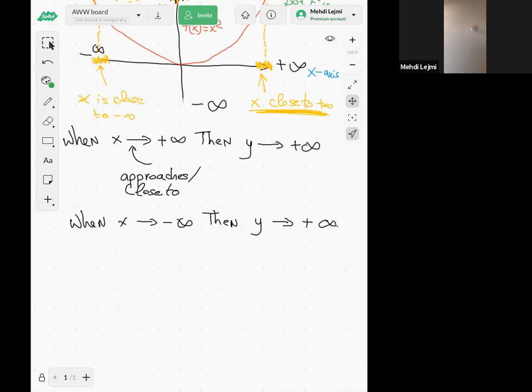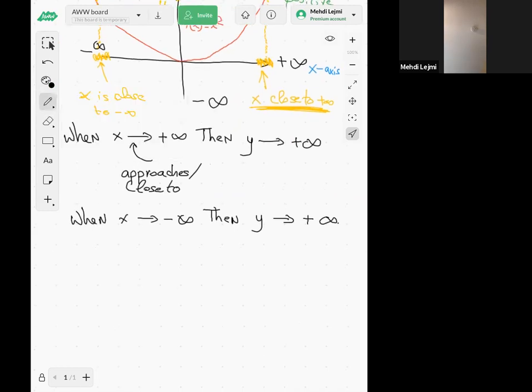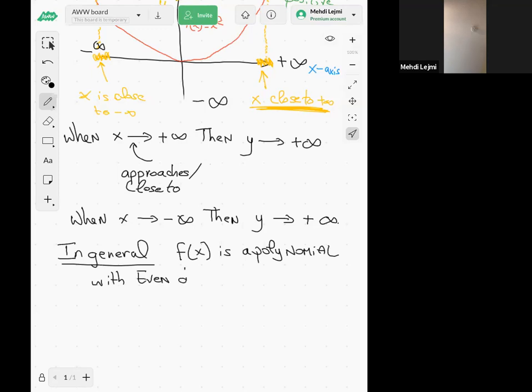So in general, if f of x is a polynomial with even degree n and positive leading coefficient, then the graph of f of x